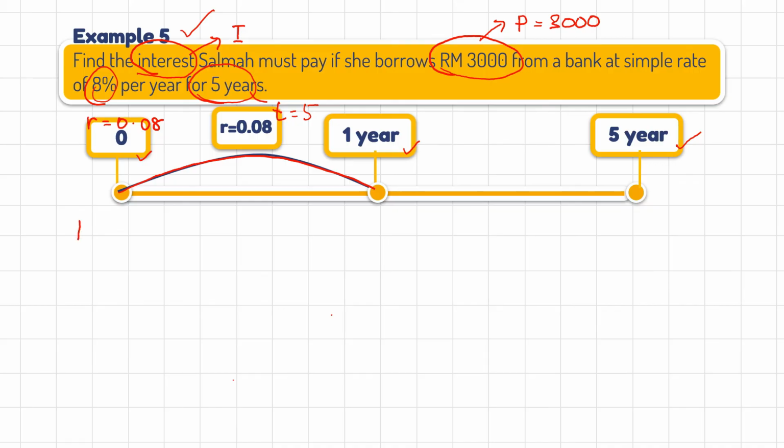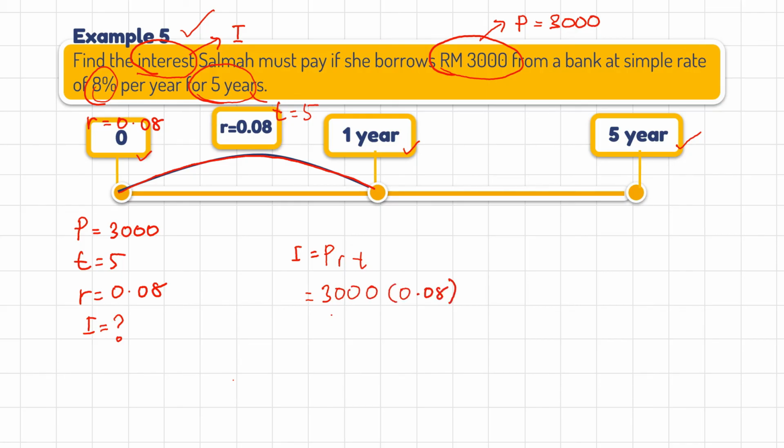So first we have P equals to 3,000. Then we have T equals to 5. R equals to 0.08. And I is the one that we need to find. Just put all the information inside the formula. I equals to P R T equals to 3,000 times 0.08 times 5. Just press your calculator, then you will get your answer such that